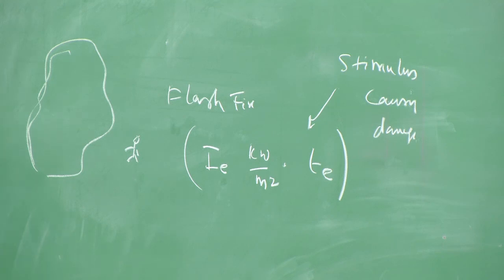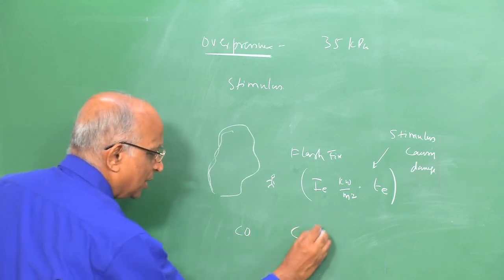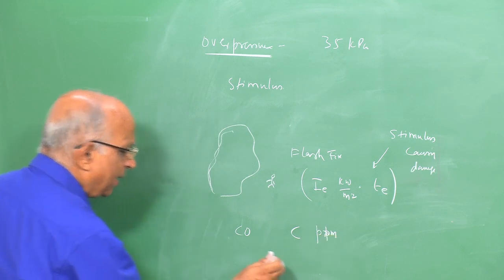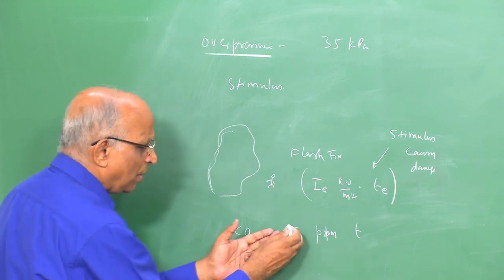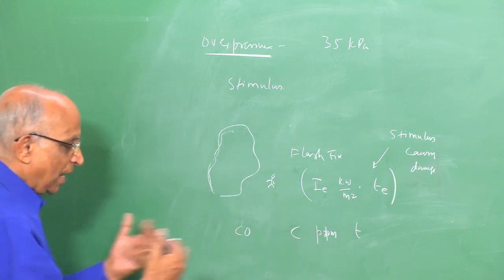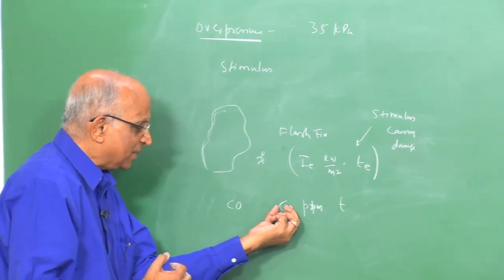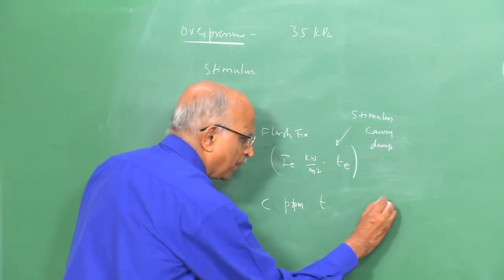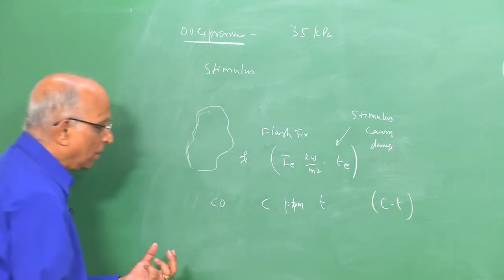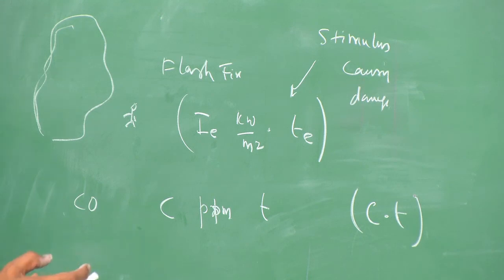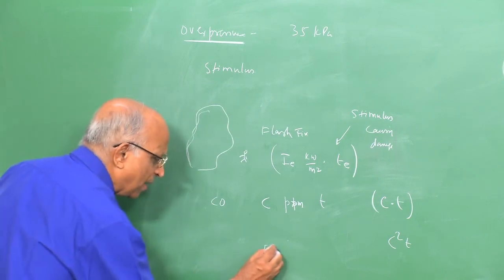Supposing I have a spill, that means in a particular case I am releasing carbon monoxide. The concentration of carbon monoxide is, let us say, so much ppm, and if the concentration is over a prolonged duration, the effective parameter should be concentration into time, because it takes some time for the body to absorb the particular poison. Therefore, we expect the effective parameter to be maybe a product of C and T. But if you have gases like ammonia, which are much more harmful, it could be something like C squared T. Therefore, we have to talk in terms of the effective parameter